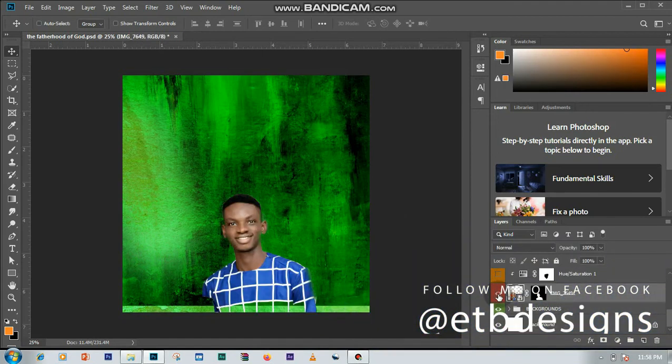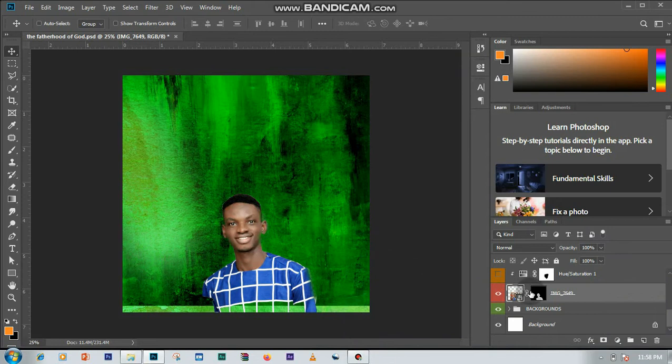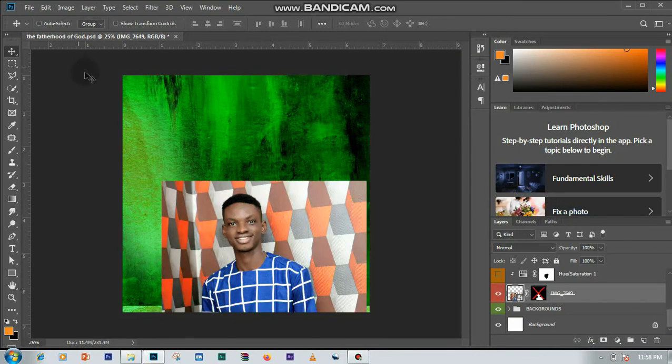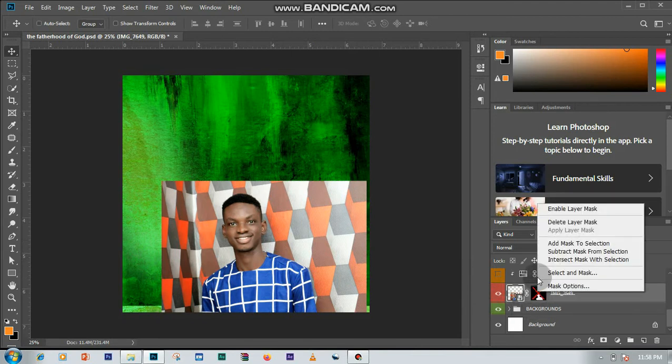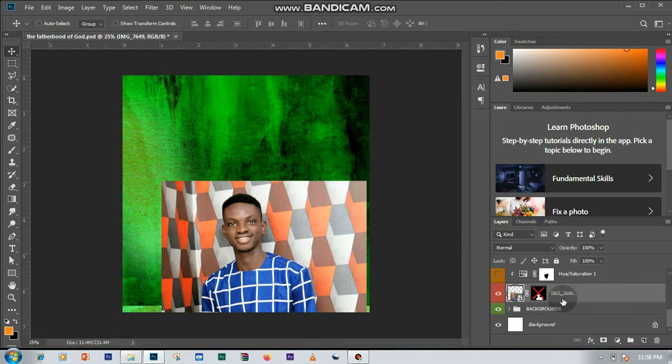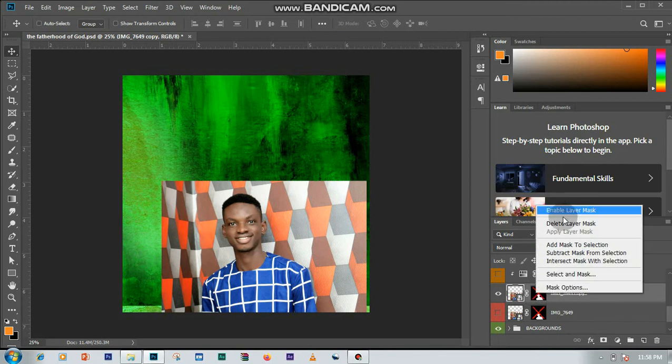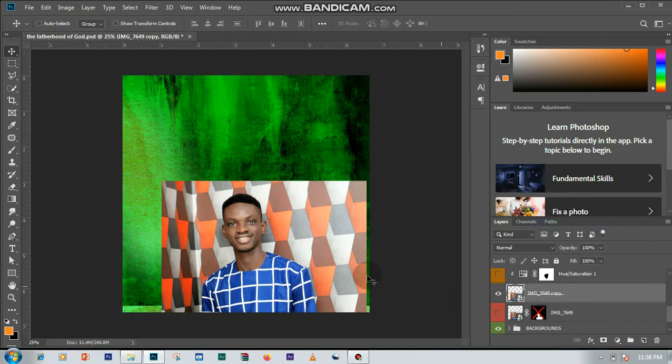Next in line here is my image. Okay, initially it was like this. Okay, I think I'm still going to explain how to use the vector mask here. So let me duplicate this, Ctrl J to duplicate, and let me hide this and delete this. So for you to use your vector mask, after dropping your image you want to be working with,